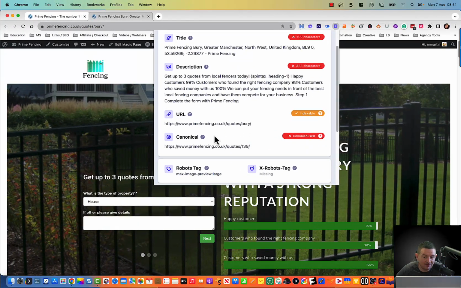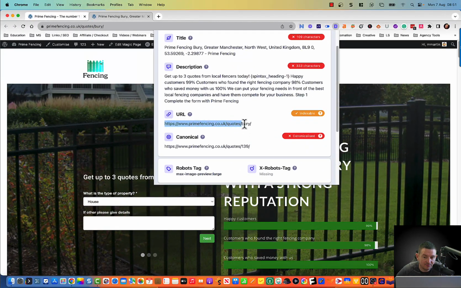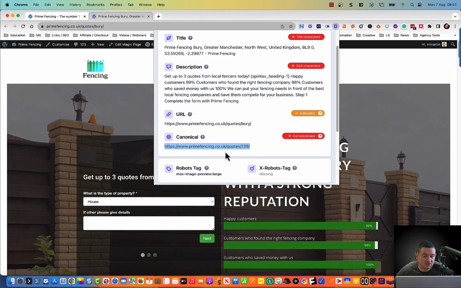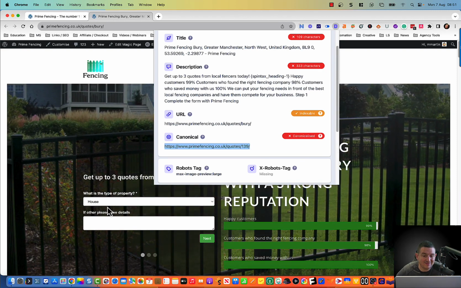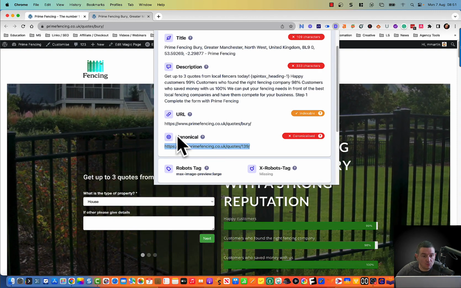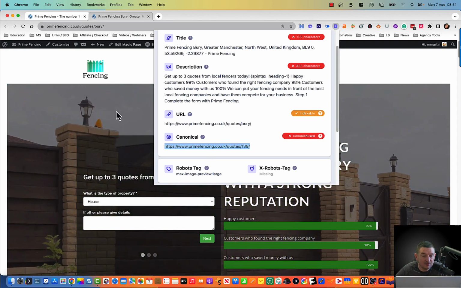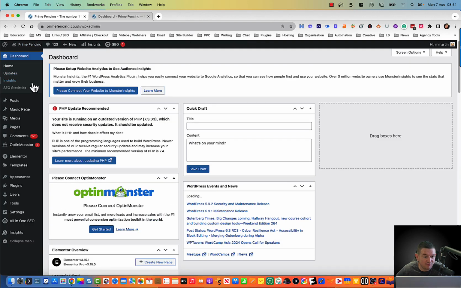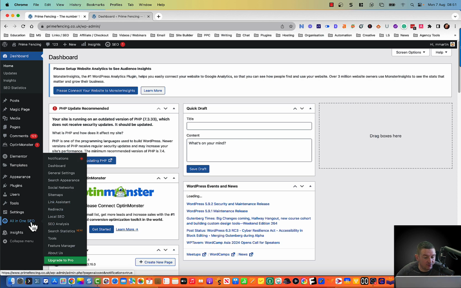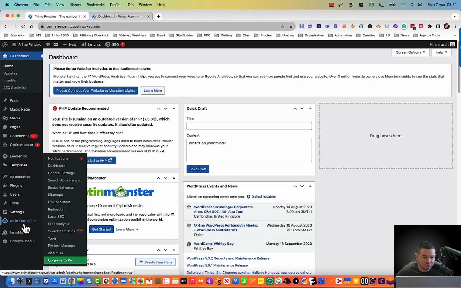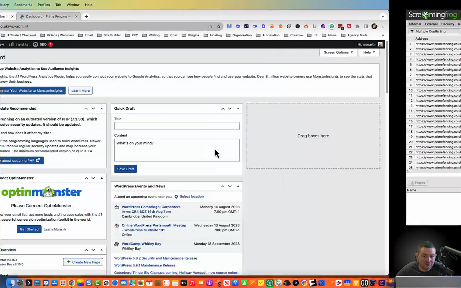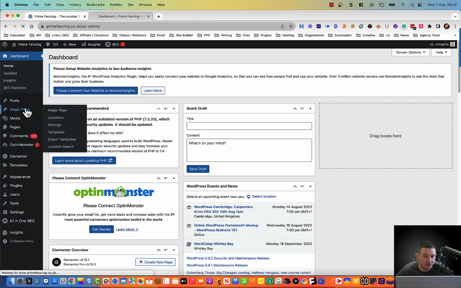So if I go to the canonical URL, I can see that this URL is /quotes/berry, but the canonical URL is /quotes/139. That tells me that Magic Page plugin isn't working correctly with whatever SEO plugin we're using for the canonical URL. We've got All in One SEO on this website. I don't know if it's the pro version or not, it doesn't matter. But the All in One SEO plugin isn't playing nice with Magic Page plugin, because Magic Page plugin has its own,